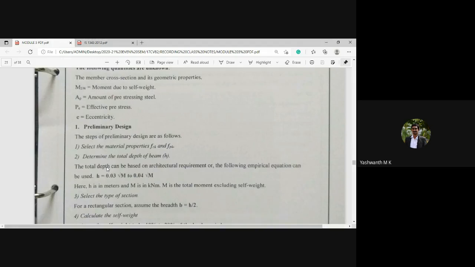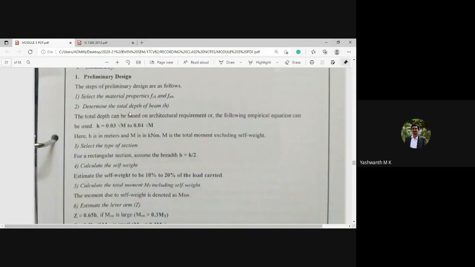As I stated, what I am going to discuss here is the preliminary and final design of type 1 members under flexion. Now, what are all the quantities or parameters you are going to come across in the preliminary design? Let us know. So coming to the steps involved in preliminary design, they are as follows.